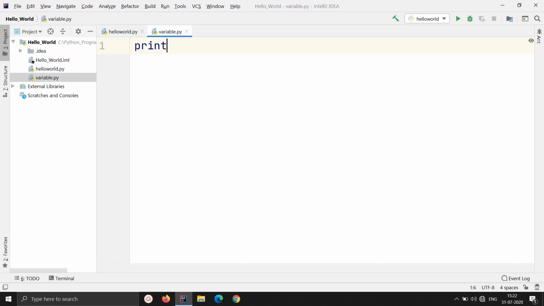If I again write the things that we had done in the earlier hands-on, we had printed hello world, right? And I had already told you that this hello world that we have written in double quotes, anything that is written in double quotes comes under string data type. So this data is in string data type right now, hello world.